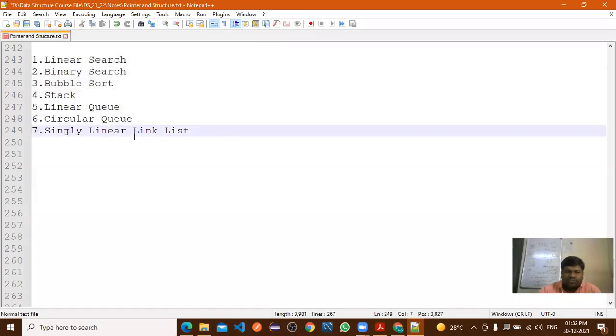Now, today we'll move to the next, singly linear linked list, right? Once the theoretical explanation part is completed, we'll complete the implementation, and after that you can do the practice in your lab. If you have any problem, I will be there to clear your doubts, right? Those who are attending the session from college, use a separate machine for programming. Don't share a single machine with 2 or 3 students. A number of machines are available, so do the practice separately, right?